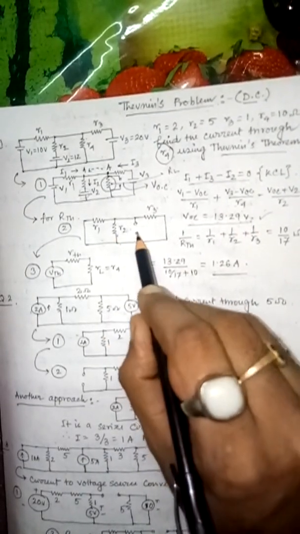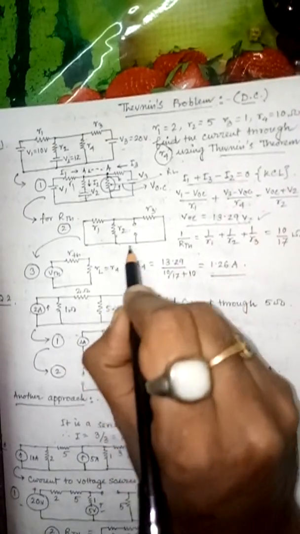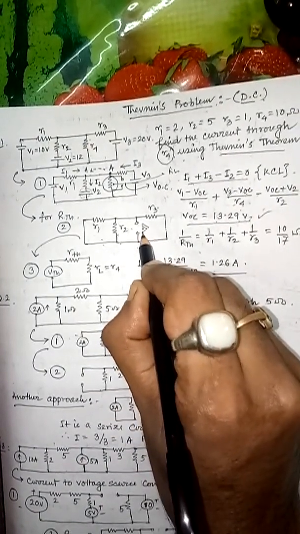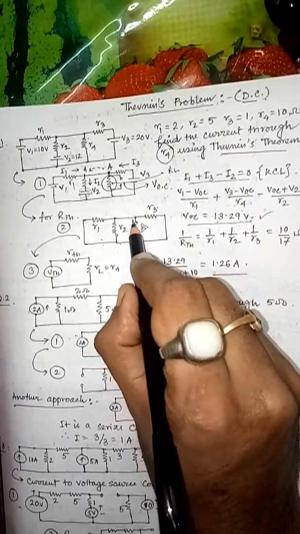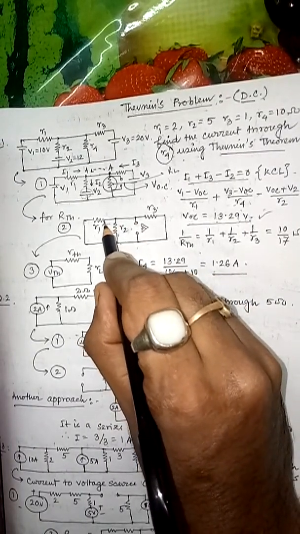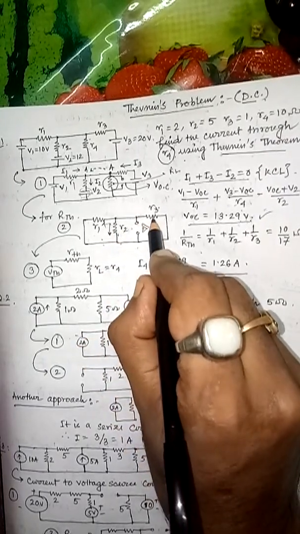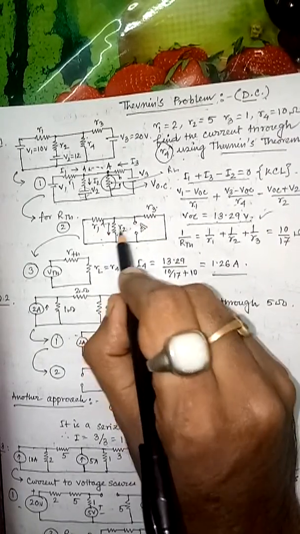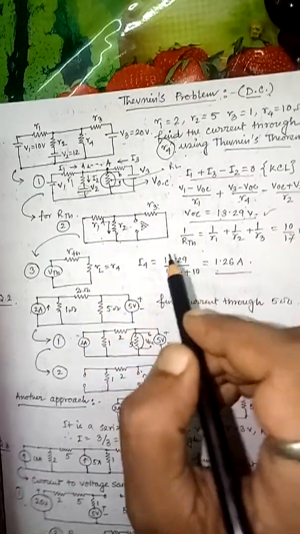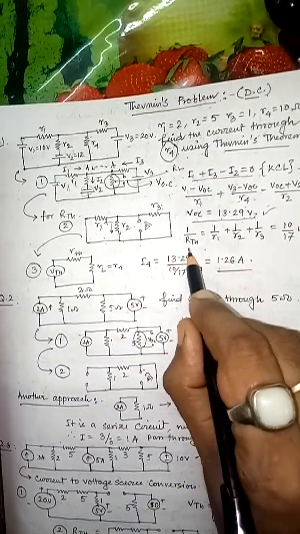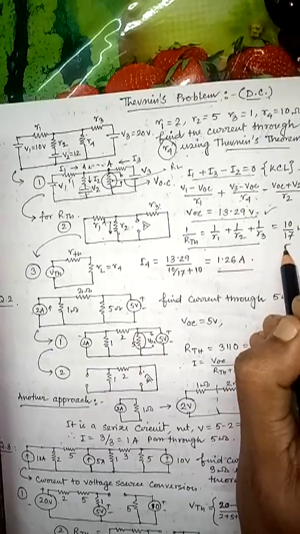Now in the same way you have to calculate that RTH. Whenever you are calculating RTH, you have to put your eyes on this particular branch, and you see these two roads are bifurcating. So this R1, R2 is parallel, and here R3 is also parallel with them. So all resistances R1, R2 and R3 are parallel to each other. Therefore we are applying this particular rule and getting this.